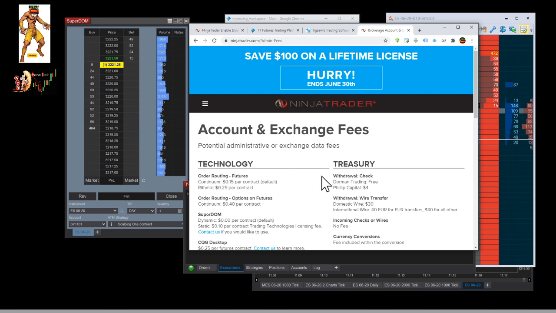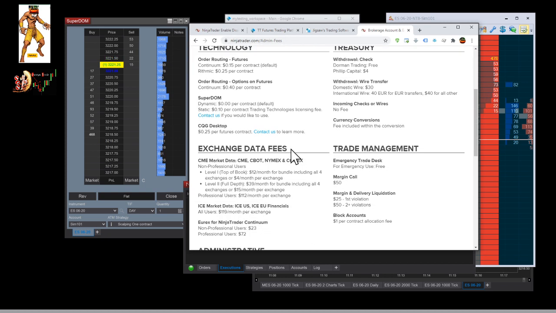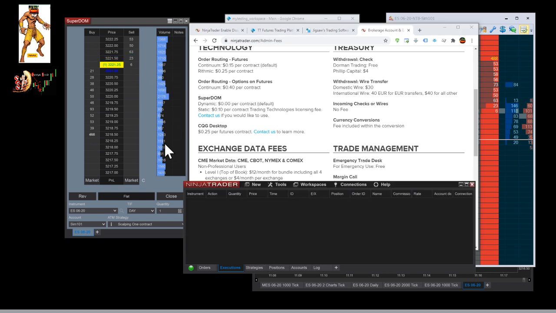To understand the cost, for those using NinjaTrader, you go inside NinjaTrader and you will have exchange fees. Normally most people only activate the CME data, which is $4 per month. If you want access to the level 2 data, you need to pay $15 per month, so it will be $10 extra. You first need to activate this. If not, you will have access to the Superdome, but you will not get any data out of it.